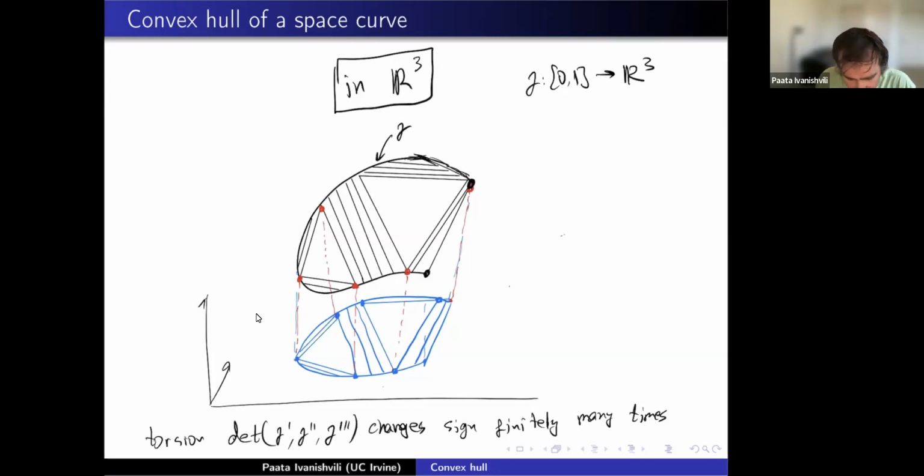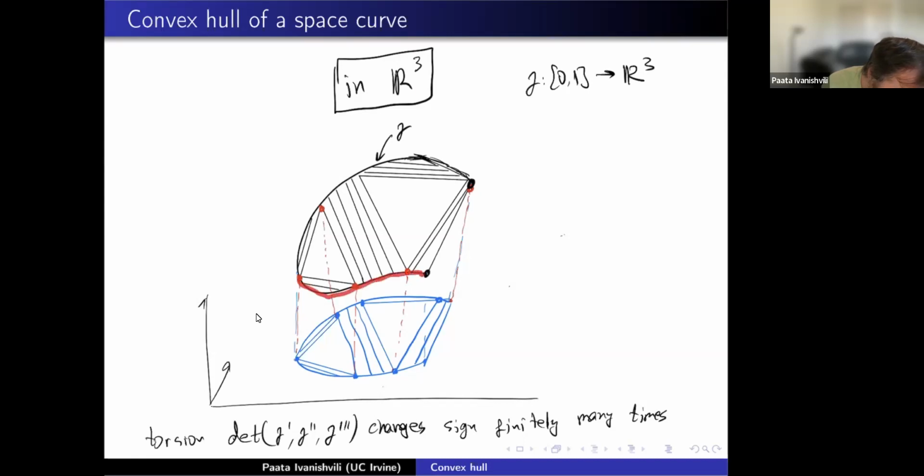In higher dimensions, and my goal, as I said, will be to talk about higher dimensions, in R^n, we have to make some assumptions so that we don't see complicated pictures already in 3D. This is what I call complicated pictures. So one assumption that I will be making is to avoid this kind of triangles and this kind of involved foliation. But before I make that assumption, I want to say that